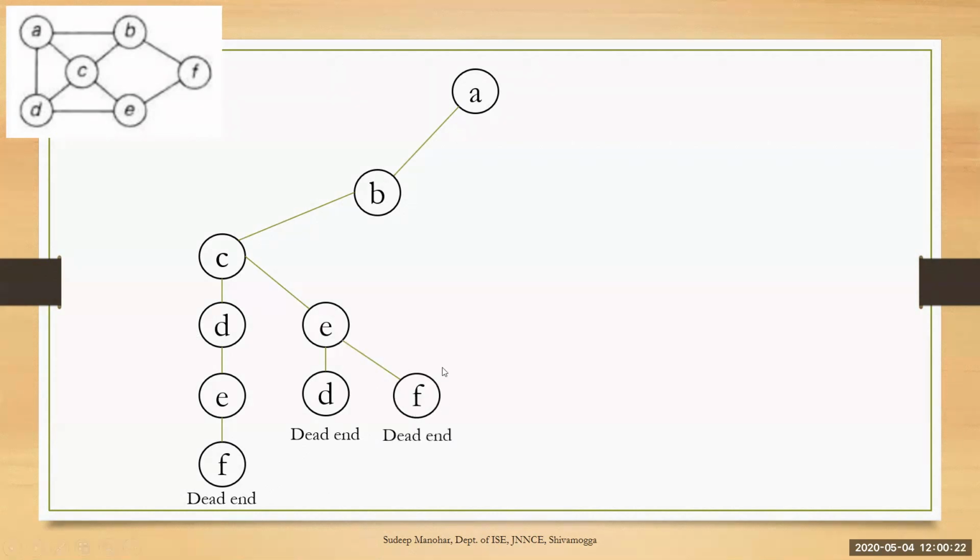So if you find a dead end, go back to E, go back to C. Going back to E means come here. When you come here, there is no other path. D and F, they have been exhausted. Go back to C once again. When you are at C, you have chosen this D and E path. D and E paths are already chosen. So you cannot go further using the C vertex. So once again, go back to B, the previous vertex.